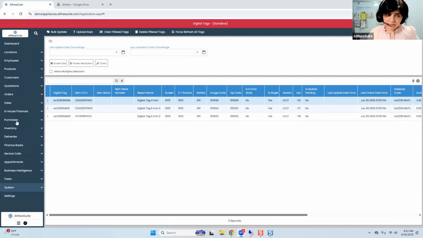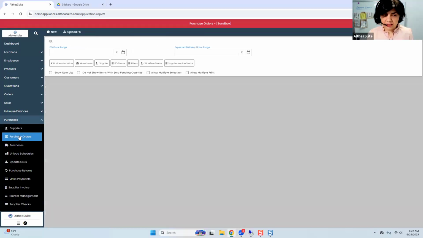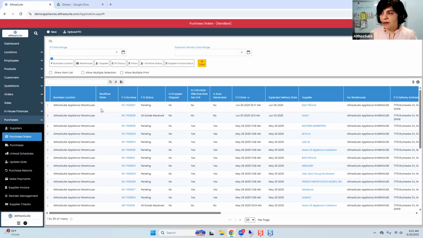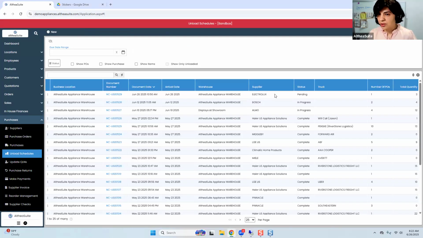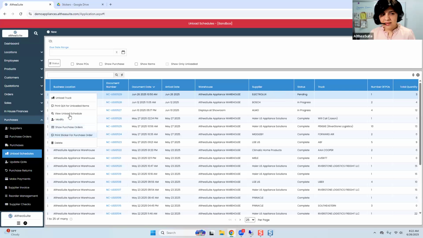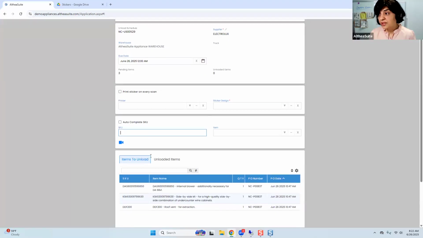So once again, coming back to the suite, how is this barcode going to be very useful for you? We have seen that I have so many purchase orders, like maybe GE is sending a couple of purchases together. I can create an unload schedule, which is a combination of multiple POs. And then I can say unload my truck, meaning I'm ready to receive everything. It is already going to display here all your products that you were supposed to receive, a group of multiple